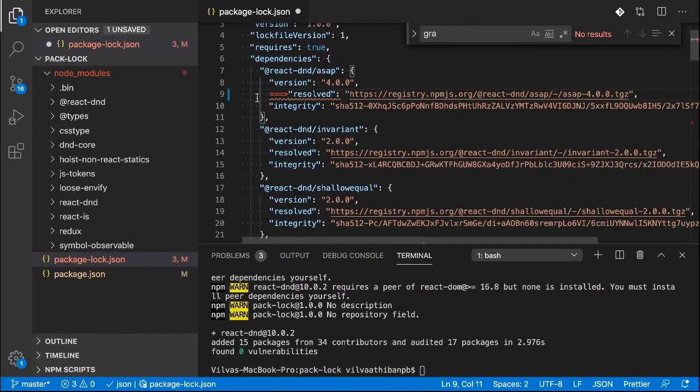Resolved. Resolved is the URL of the tarball, or the package itself. Integrity. This is a very interesting one. In the web, we have a concept called standard Subresource Integrity. What is that? Forget npm packages and all the stuff. In the web, generally, we pull scripts and files from a lot of sources, right? And at times, the file we request may not be the same file we receive.